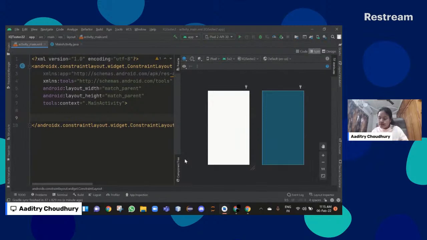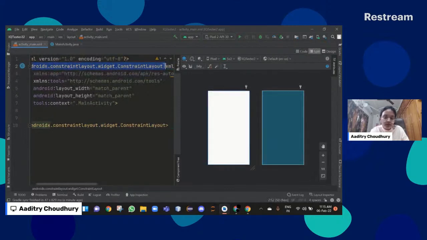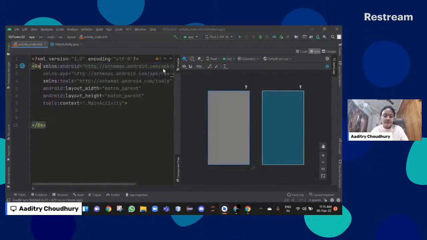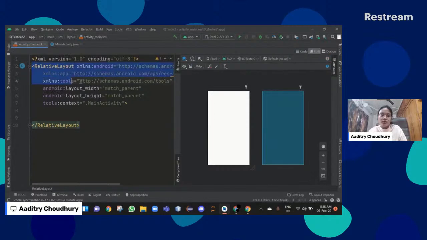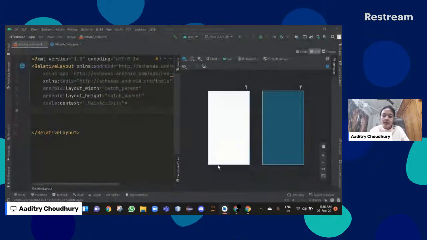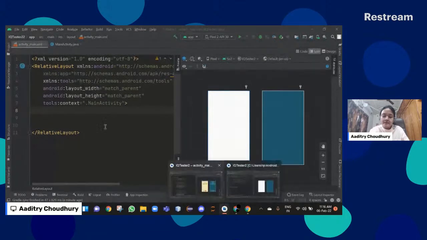So yeah, let's get into the front end part first. Let's change the constraint layout. Select the constraint layout and change it to relative layout. So you see relative layout is opening here and you need to check whether it's closing also. So keep that in mind. And as we saw earlier,